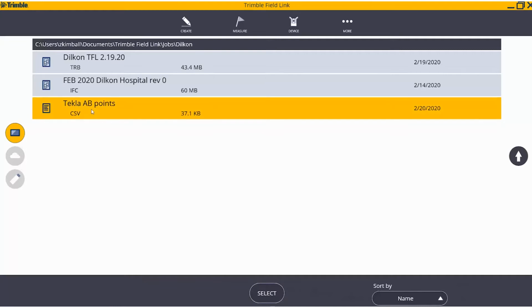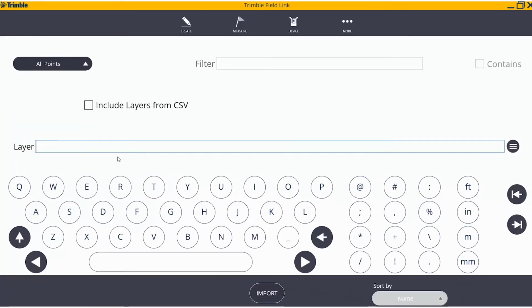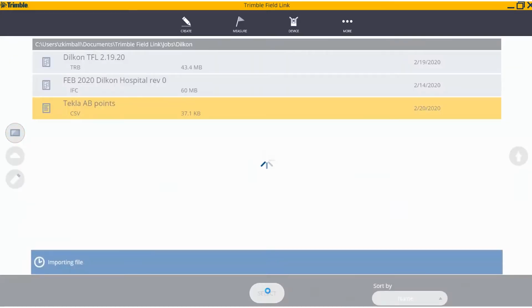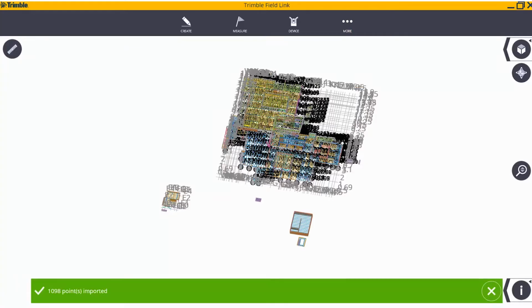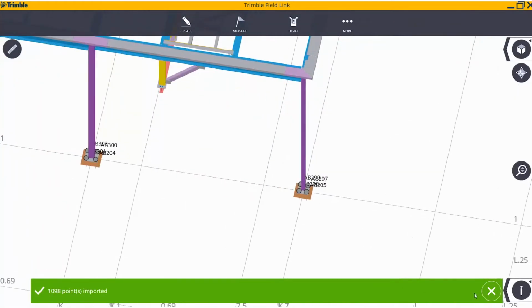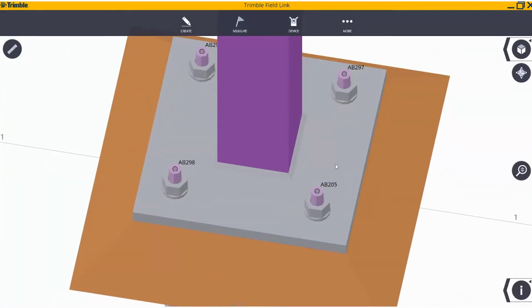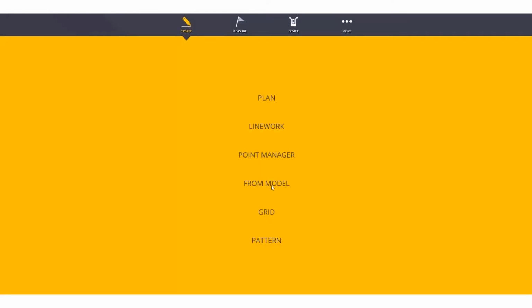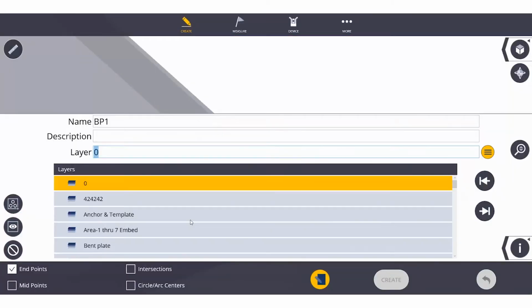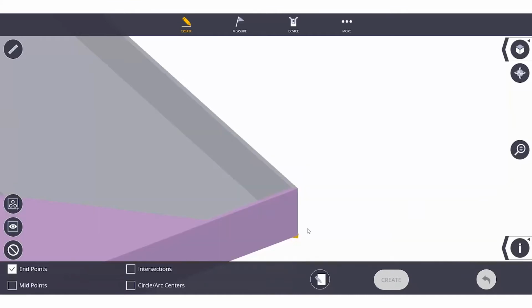We create points in both programs. If we know ahead of time what points we want, like the anchor rods, we will generate those in Tekla because we can do that very quickly with the point creator tool in Tekla. That will generate the points very fast on an anchor rod component or a center of column component, and it generates hundreds of points very fast. If we are in need of a point that we didn't know about, that will be created in Trimble FieldLink out in the field. So we are getting point creation in both programs.